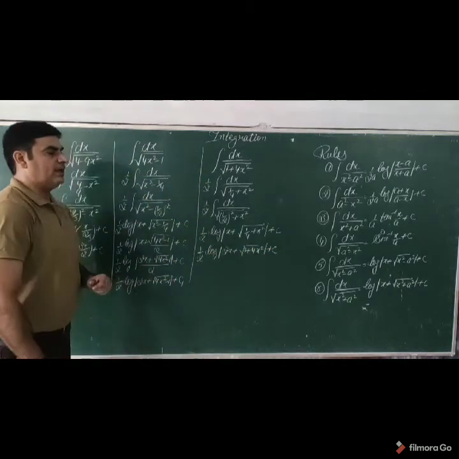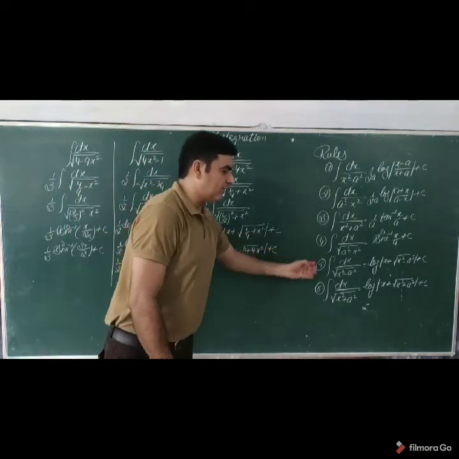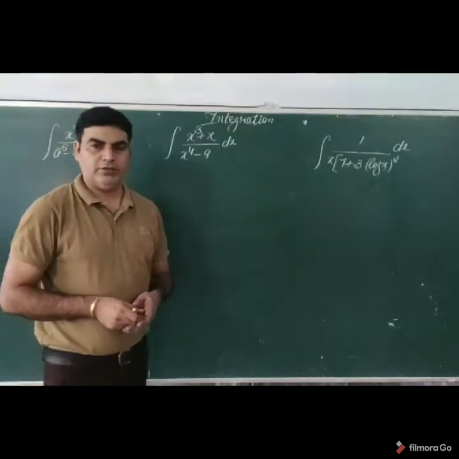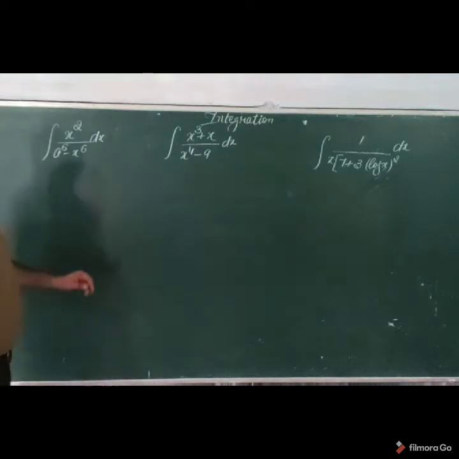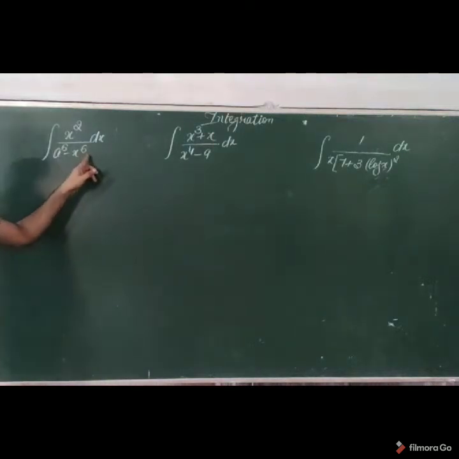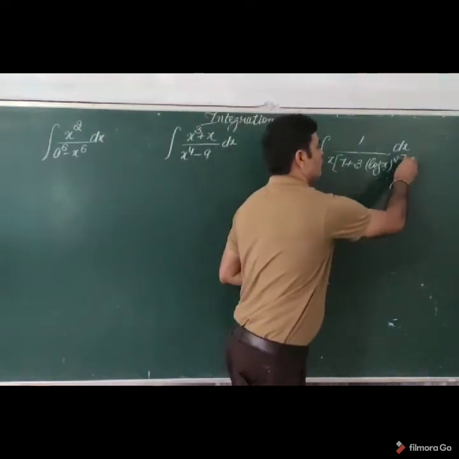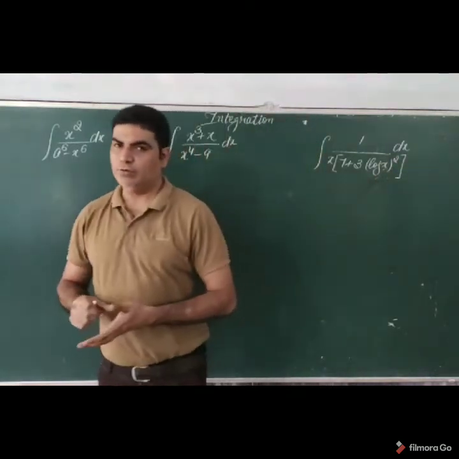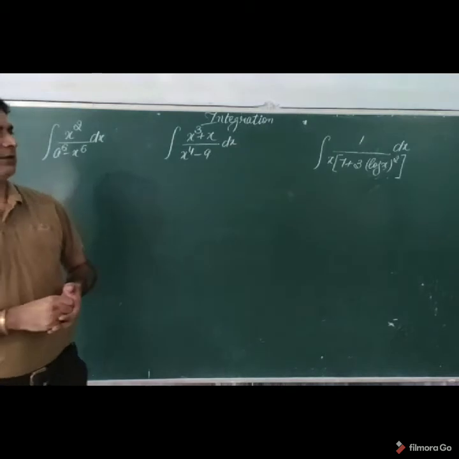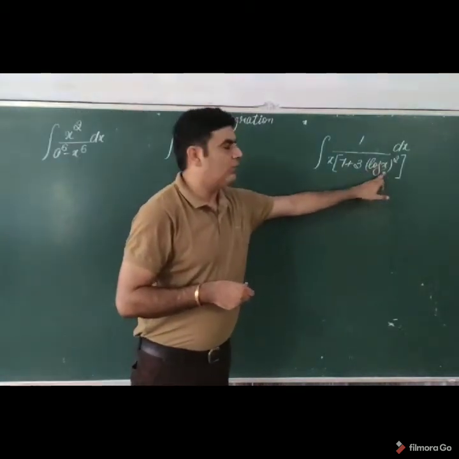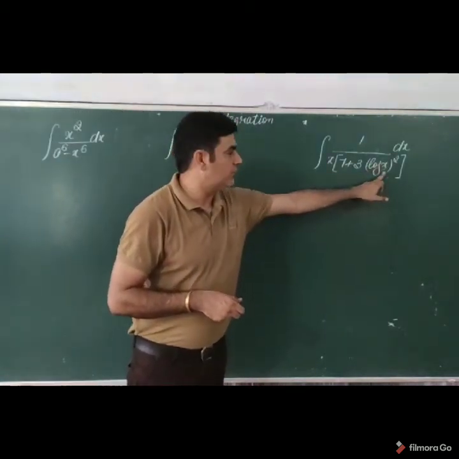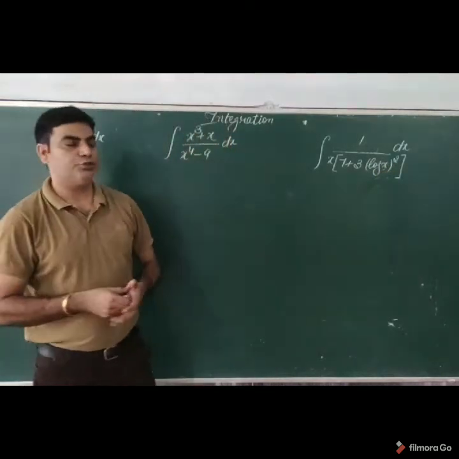Like this, we can apply rule number 4, 5 and 6. Now we are going to discuss another type. If you see here, the highest power is 6, the highest power is 4 and the highest power is given by 2. In highest power 2, we know that we can take integration, but we have the rule only for a variable, not for a log function. So we are going to use a substitution method.